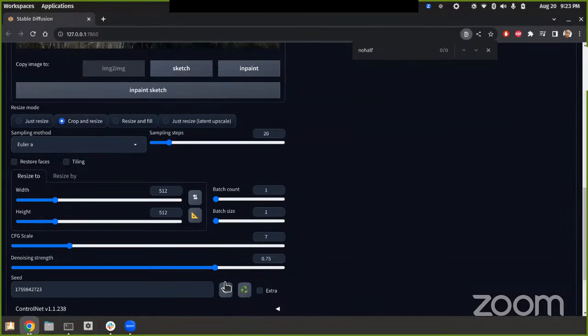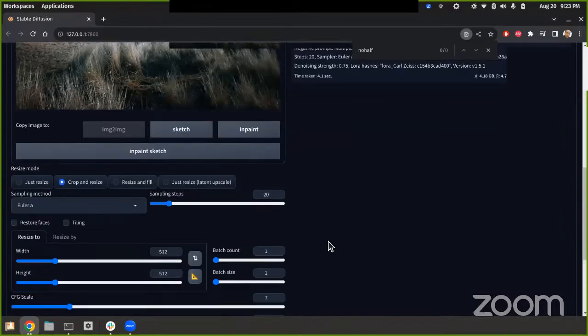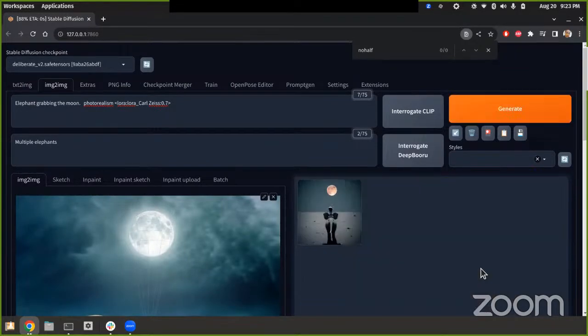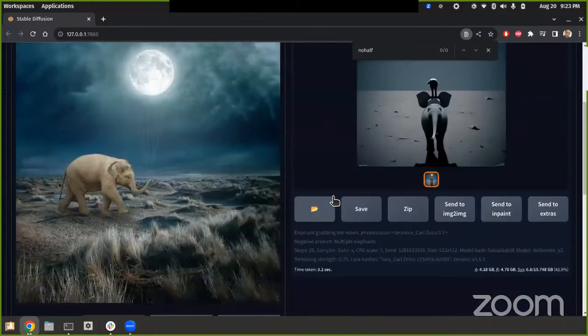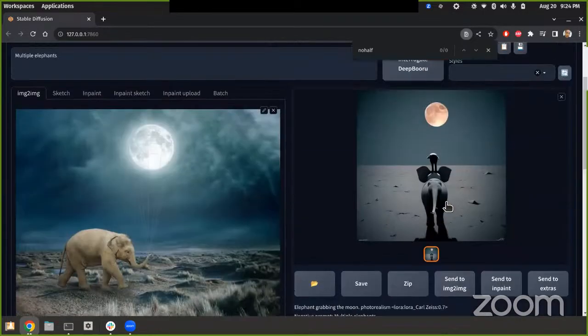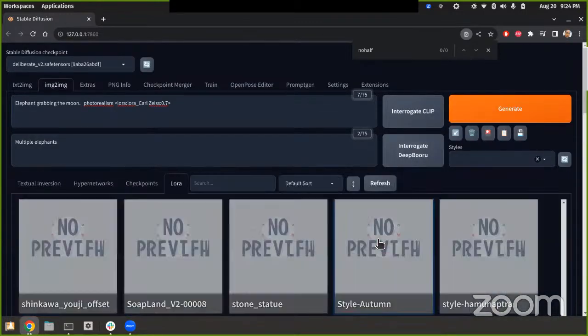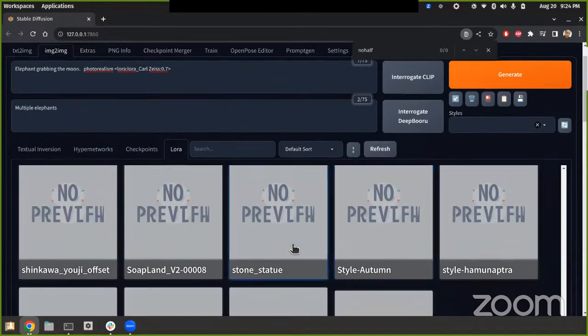I already had a random seed. Oh, okay. Interesting. So you can see it has a bokeh because it's using the Carl Zeiss lens. Yeah, the lens thing. And then yeah, you can just add as many LoRAs as you want. So let's say